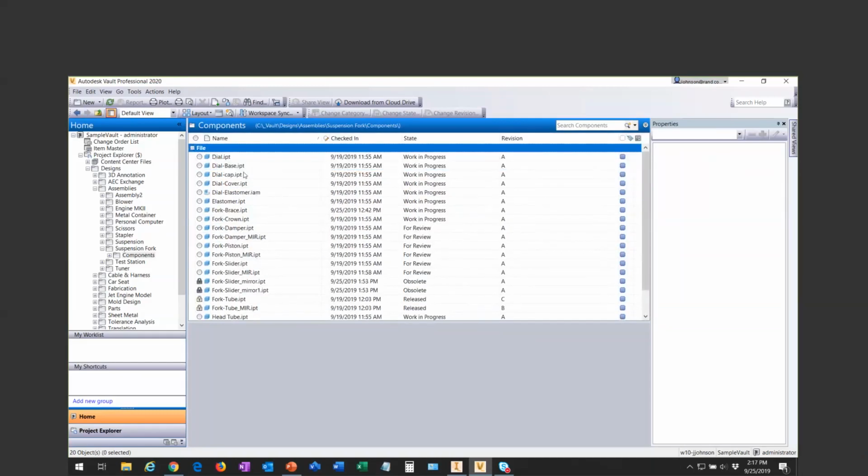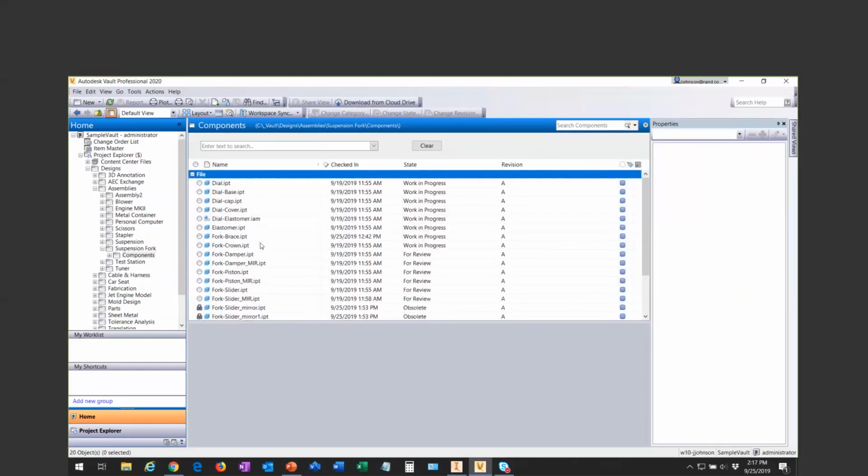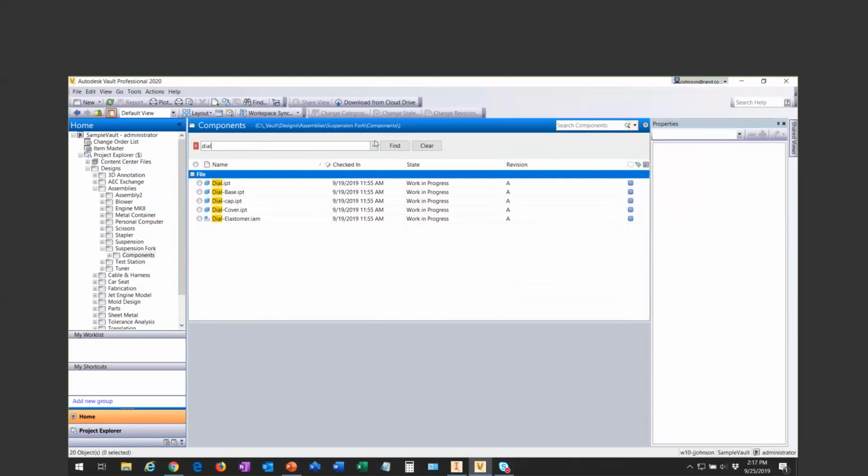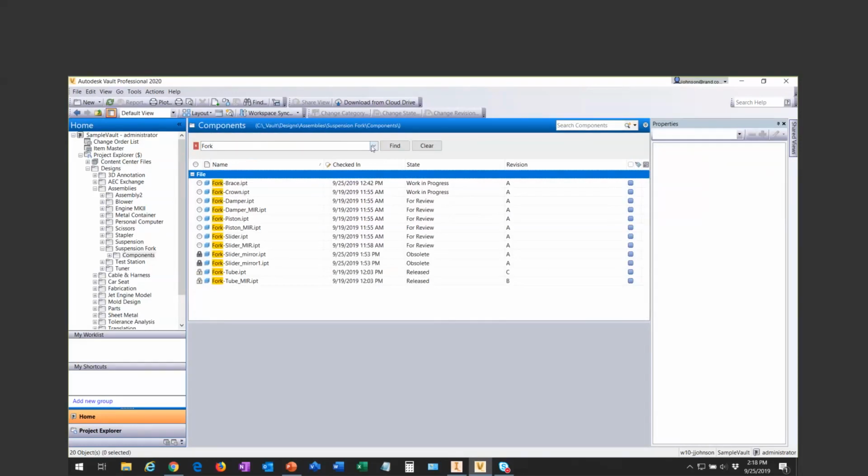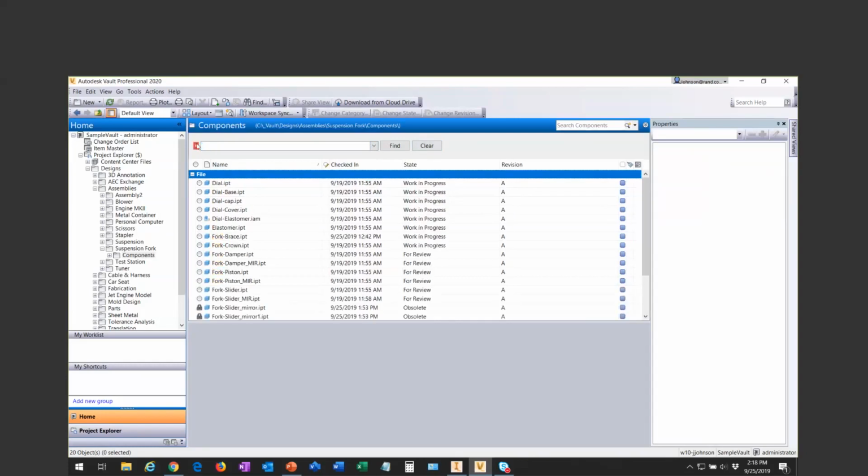You can also use the hotkeys. Or no, I'm sorry, you can't use the hotkeys. That's for advanced Find. Anyways, show Advanced Find panel. You can also, if any of your search terms are in here, so if we do dial, hit enter, now that's going to be in there as a drop-down so that it remembers the searches that you had done previously. So if I were to look for something else, like, say, fork, right, now we have another value in here. I'm going to clear that, close it out,